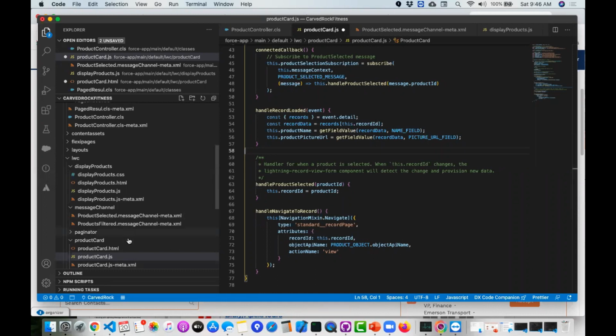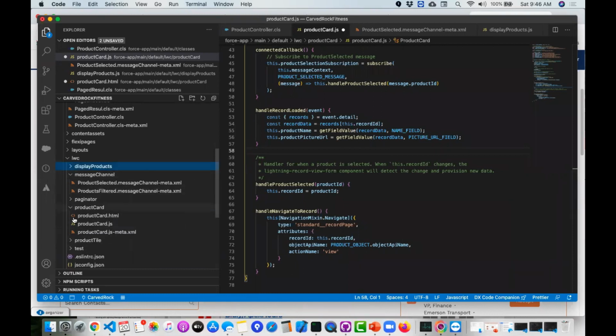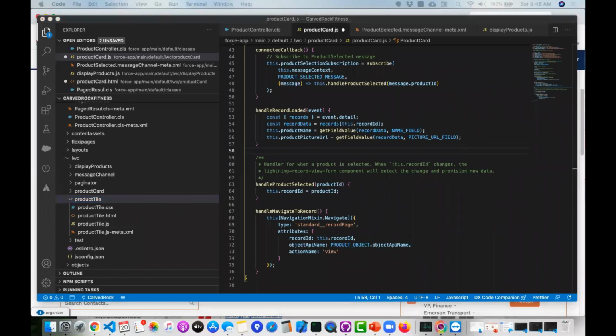So to make all this work, we're going to have to get rid of some of the code that we had already in that product tile. So I'm going to go back, I'm going to reduce this so you can see. Okay, so let's go back to product tile. And this is going to have to change in order for all of this to work. So what I'm going to have to do is, instead of having